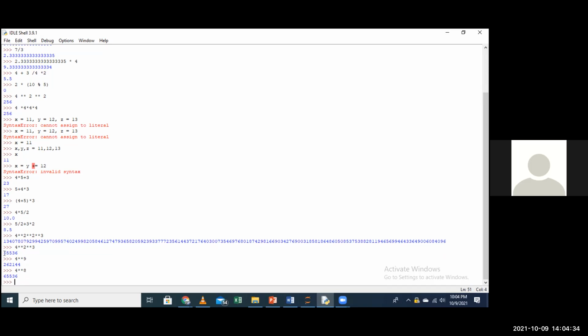You see the values here, and the value here is the same. This implies that the last part is executed before this one. So we do the right to left associativity. This is the exponential operator rule. The exponential operator is the only one that follows the rule of right to left. It's the inverse of the other.